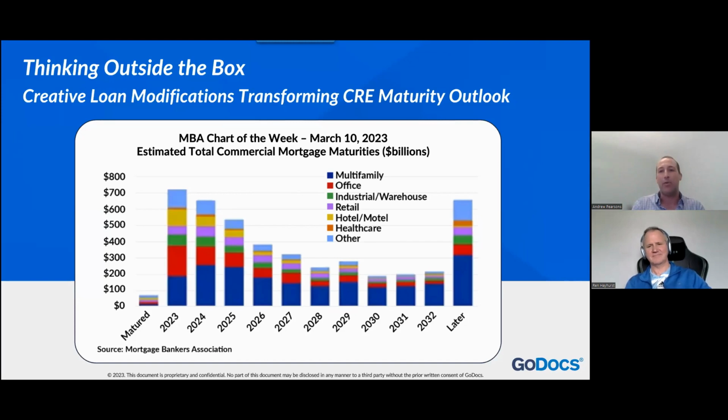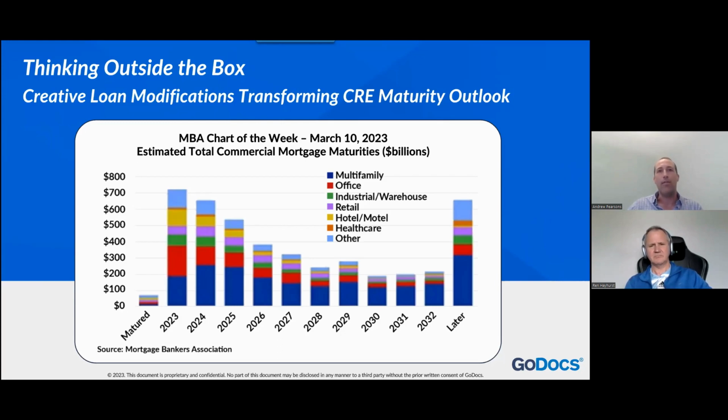But, again, I think this really has entered the zeitgeist. It's not just top of mind for everybody on this call, but it really seems to be something that's entering the broader conversation. I think a lot of that conversation revolves around the fact that there's trouble ahead. As we saw what was happening as the Fed was raising interest rates, thinking about the amount of commercial loans that are going to be coming due over the next several years, we at GoDocs really took a step back and said, how can we help our customers get ahead of this? And how can we build a solution for them that is both automated as well as provides the same level of compliance we provide through our other solutions to help everybody weather the storm that's coming.